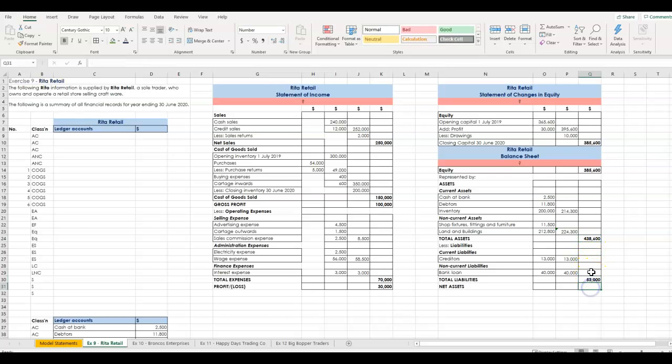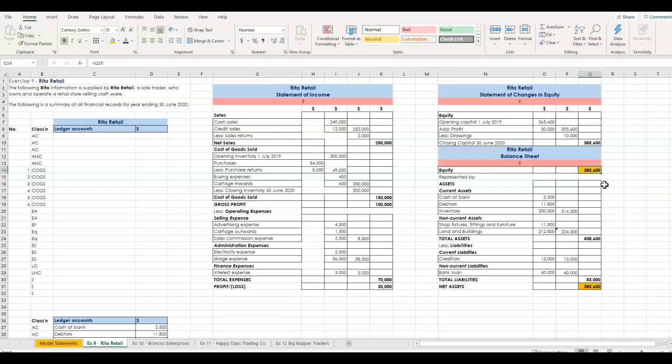Now our net assets is equal to total assets minus total liabilities, 385,600, and that equals 385,600 here. I'm going to highlight this figure here, which must equal that figure there. And if it does, you can be happy that it's correct. If it doesn't, you need to